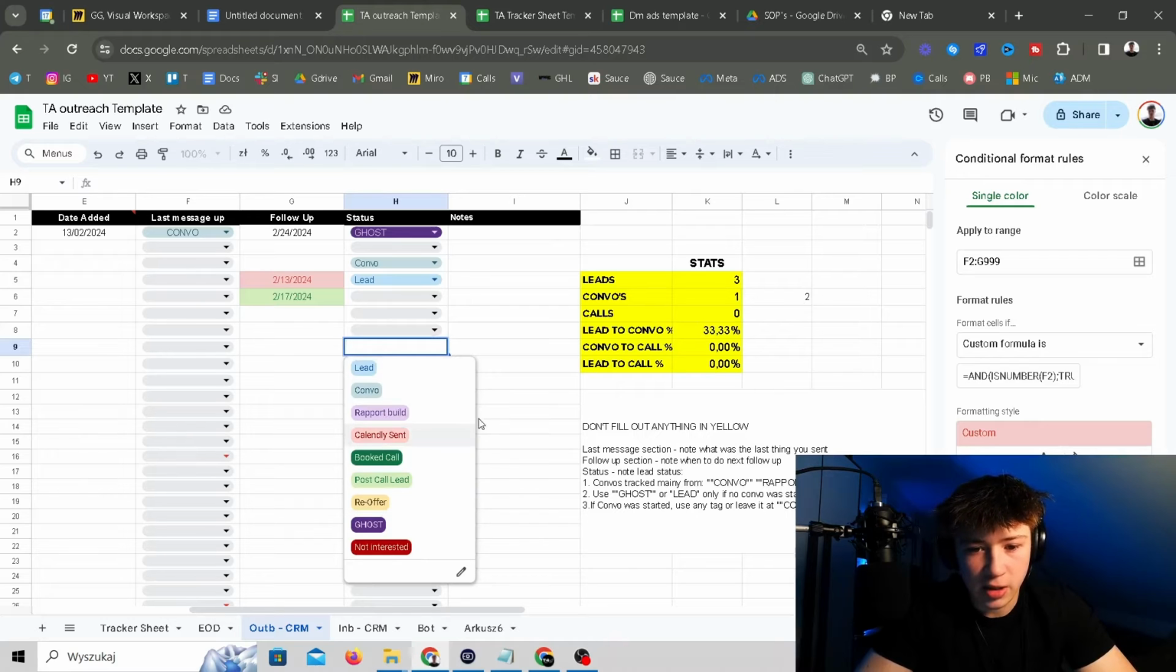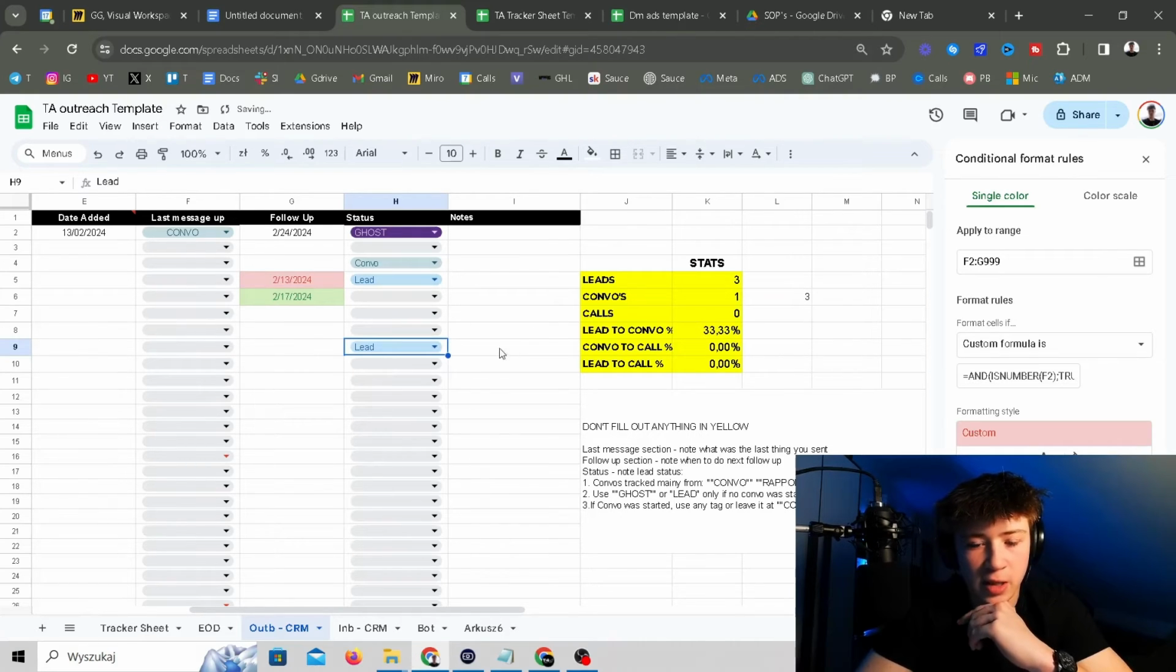And then it doesn't count the people like ghost, not interested, or lead. I don't count them because that's just status and helps. This may be very complicated, but that's a thing that you can do to actually track the convos, and you can actually have a percentage